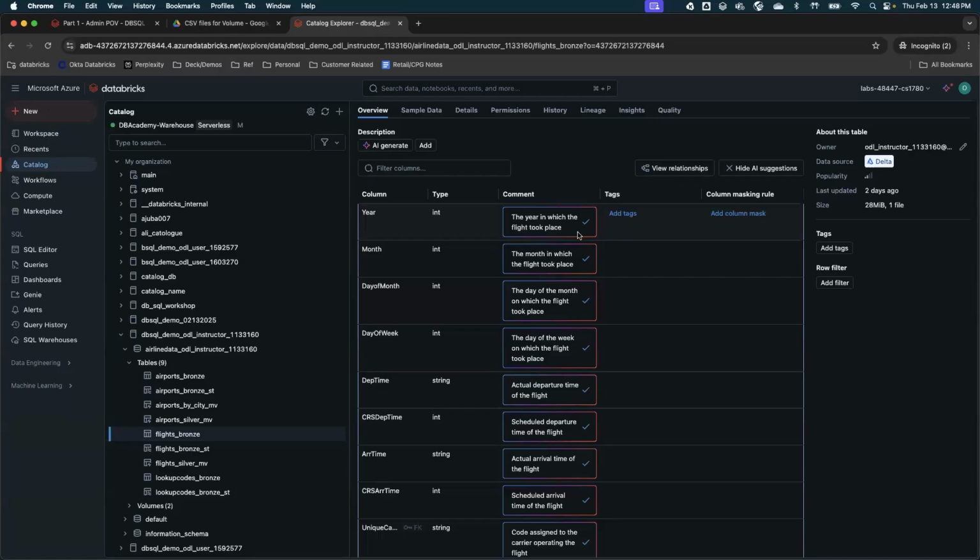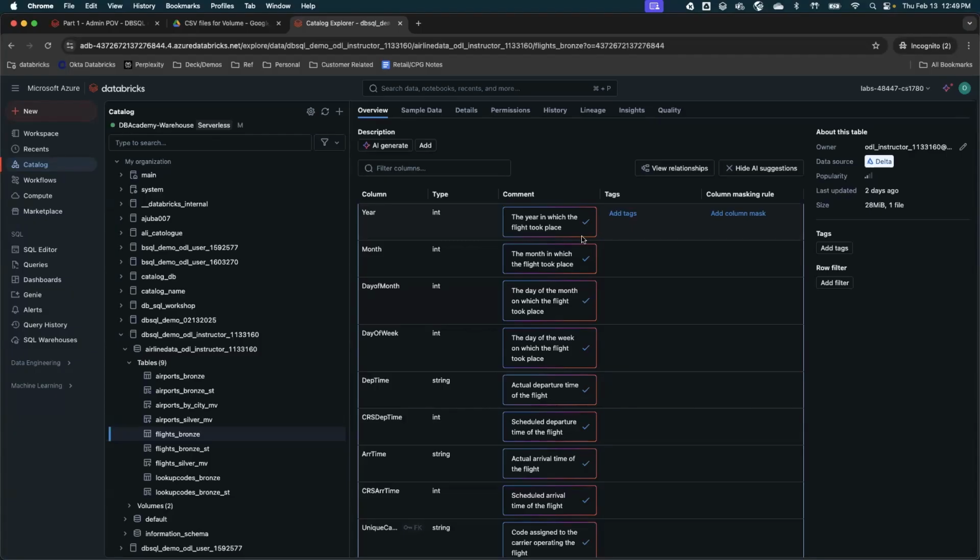So this is the power of, I would say, AI within Databricks, but also Unity Catalog, because the governance system understands this is your table. Many of the time people ask the question how it is able to generate descriptions. It is based on the column name, the data type, and the table details, and based on what type of data you have, it was able to analyze and generate descriptions.